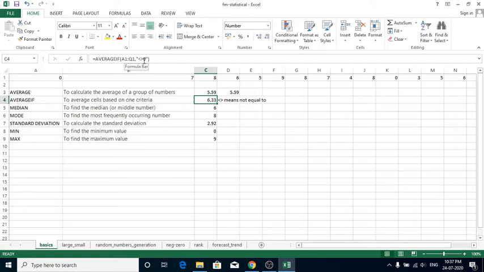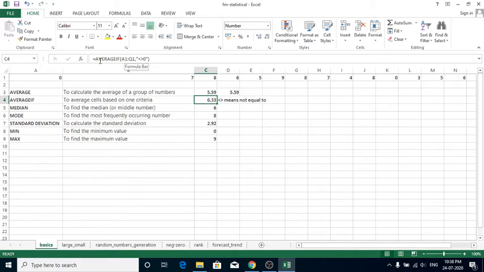That means if the cell range has any cell with 0 as its value, then omit that cell value and find the average of the remaining cell values, which have non-null values. That means non-zero values. So find the average of non-zero values. If there is any 0 value, please ignore those cells. So this is the condition.